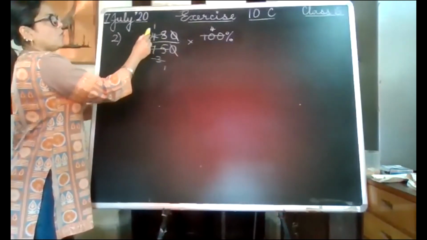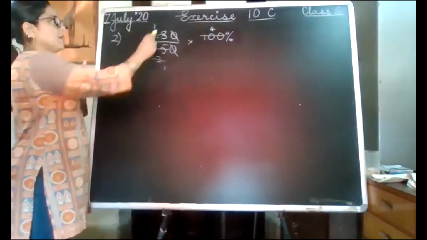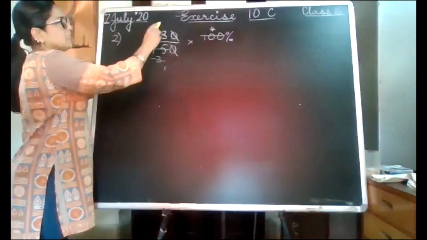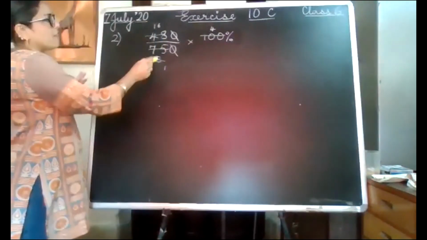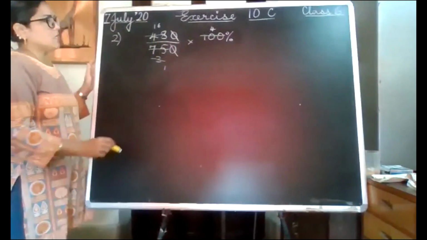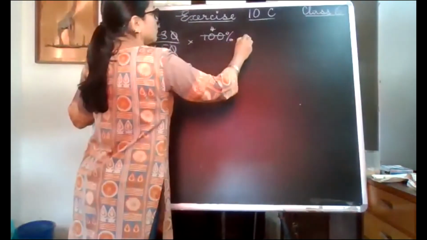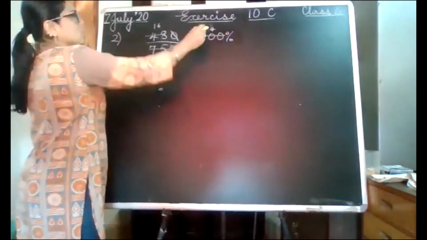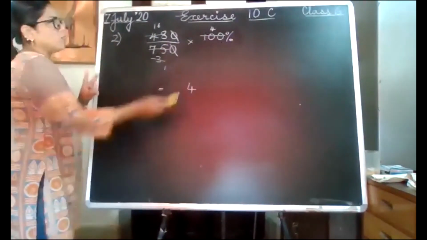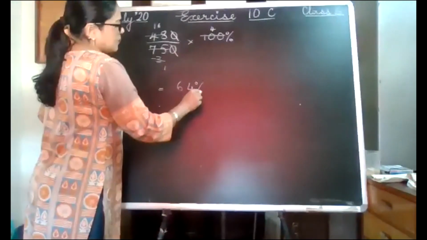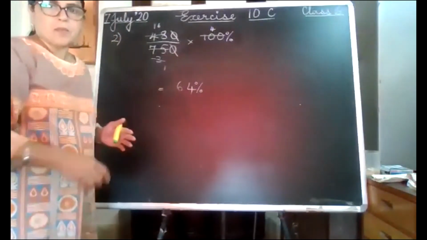3 divides 4 once. 1 will be left. Then it becomes 18. 3 divides 18 6 times. 3 divides 48 16 times. Now there is no denominator left. So 16 fours are what you have to do. How much is that? 6 fours are 24. Carry 2. 4 ones are 4, plus 2 is 6. So her percentage is 64%.